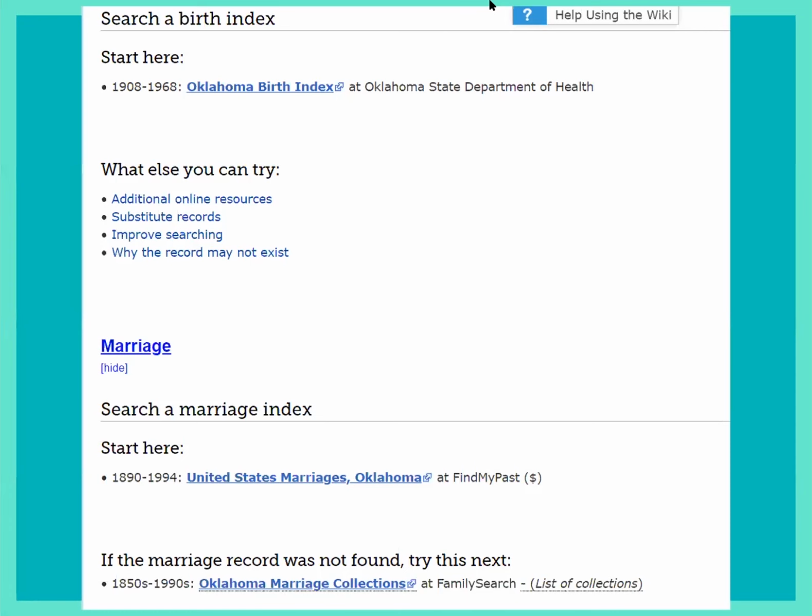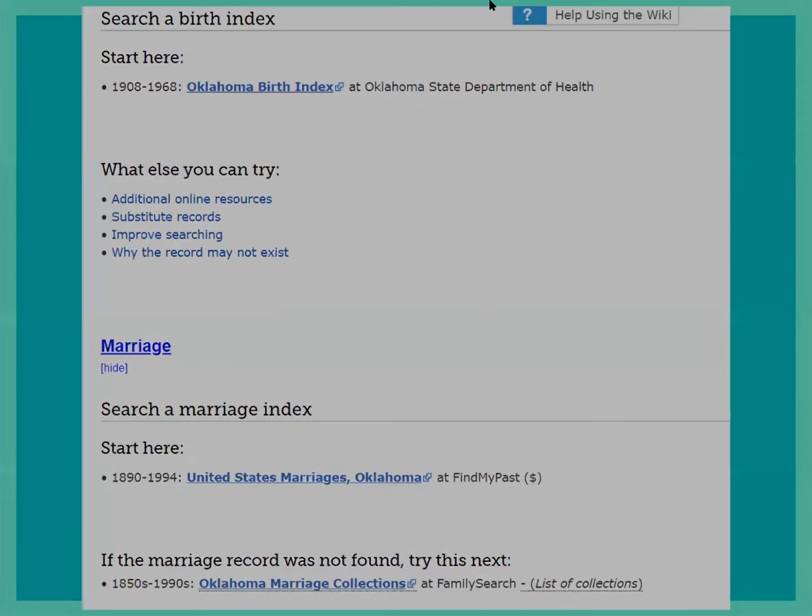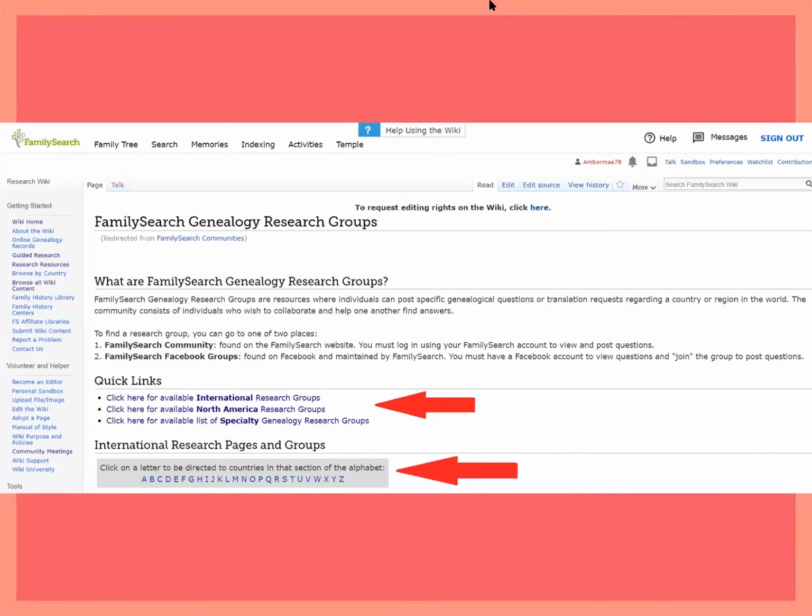If I don't find it there, then I'm going to a collection in FamilySearch. But this guided research is a new, valuable tool, and I think it's just so amazing that they've made this available. They've done a lot of the legwork and made it a lot easier for you to do your research. The last thing I wanted to show you in the wiki is the page for the FamilySearch genealogy research